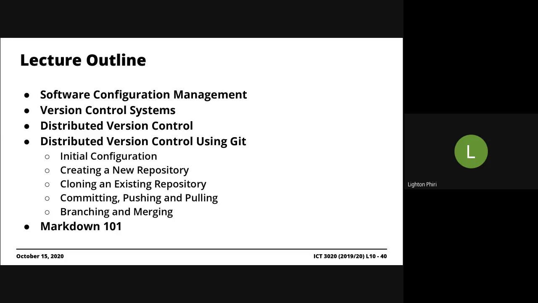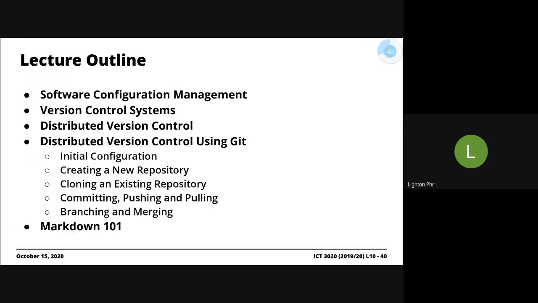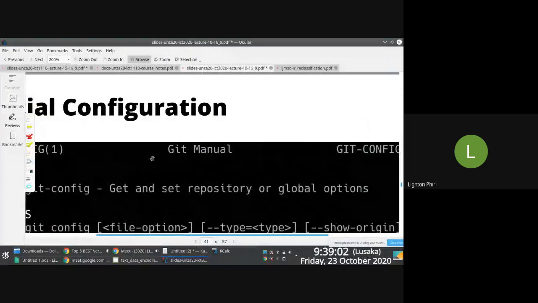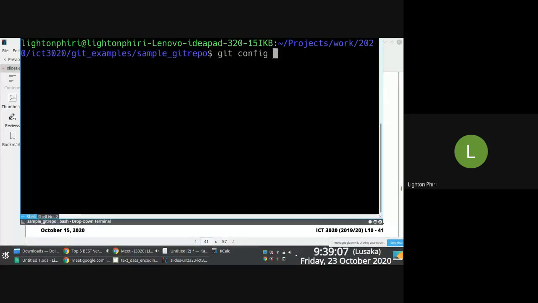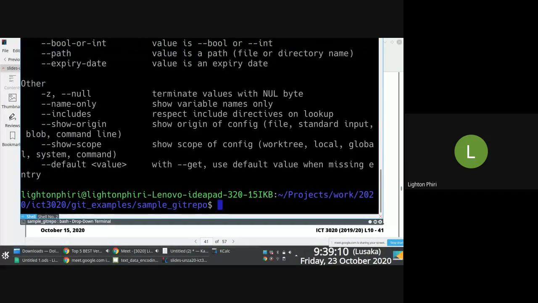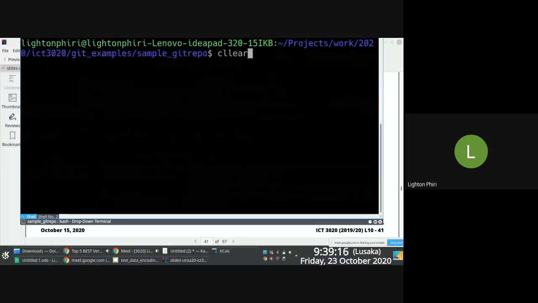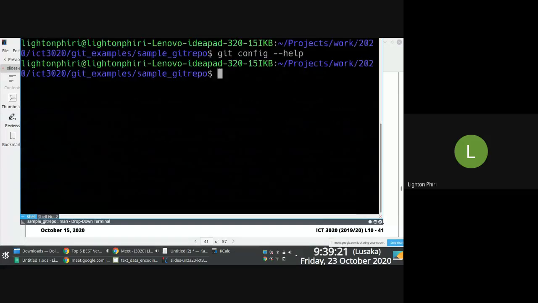But in terms of how you go about using distributed version control software like Git, the first thing you need to do is configure your installation, right? So there's a git config command. I showcased this git config command yesterday on my mobile device, where I was configuring my username and my email. But it turns out that there are other configuration details that you might need to make. But the most important ones are,